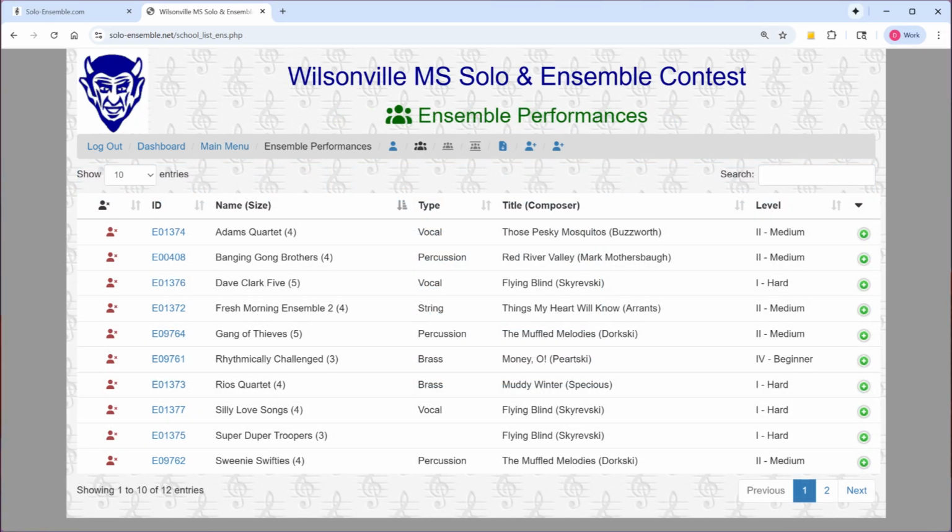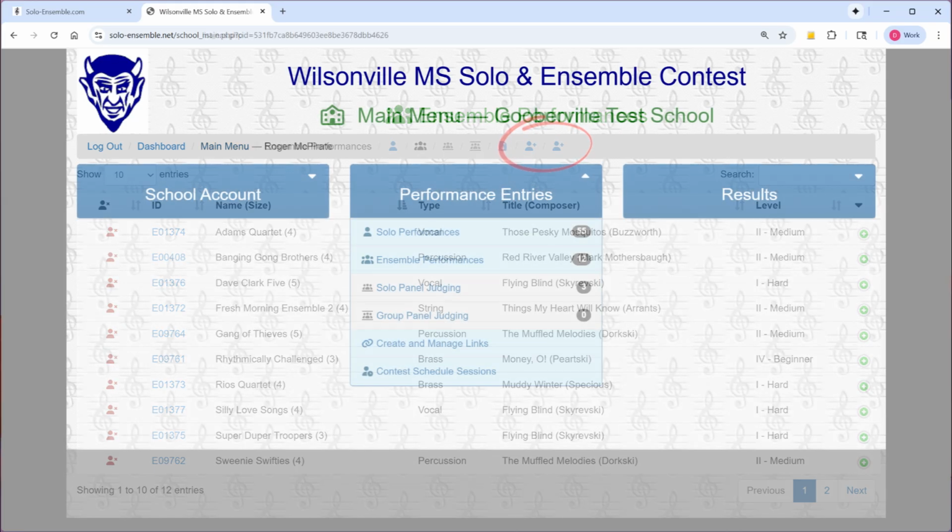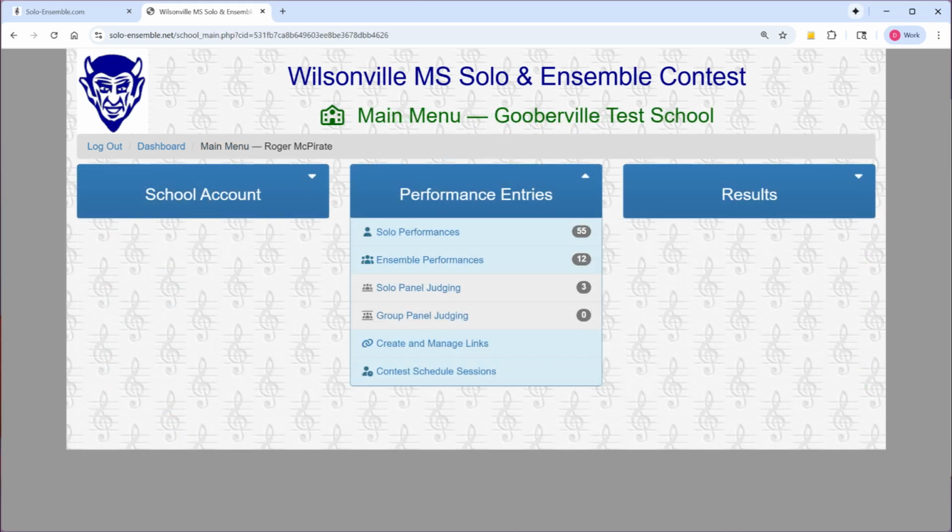This page shows the current ensemble performances. You can edit any performance by clicking on its ID number on the left side of each row. You can add new performances using the same 2 icons we saw on the solo performance list. We will skip over the panel judging items, as they are similar to the solo and ensemble items we saw